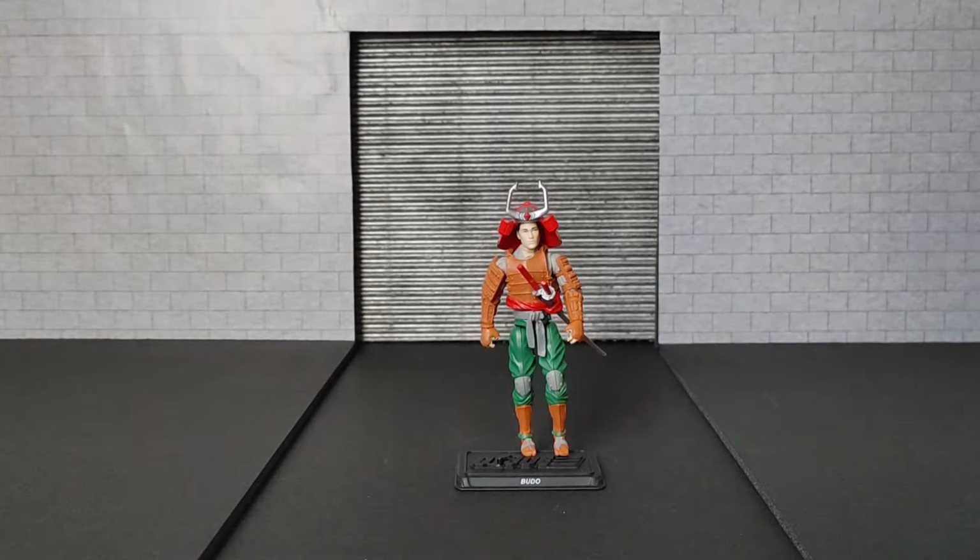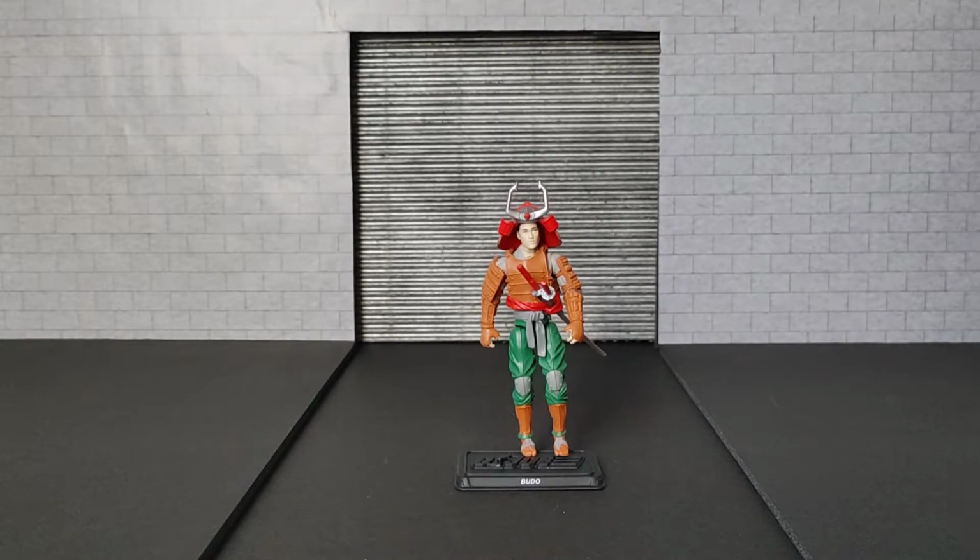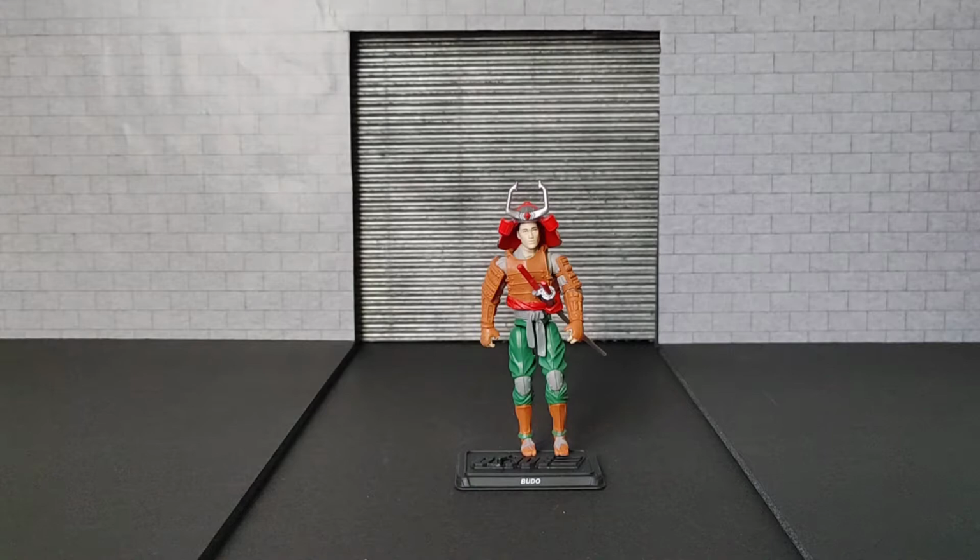So people such as myself got very excited when we realized that the figure subscription service would be releasing another version of Budo, one which is a little closer to the original that we came to love so much. Now,